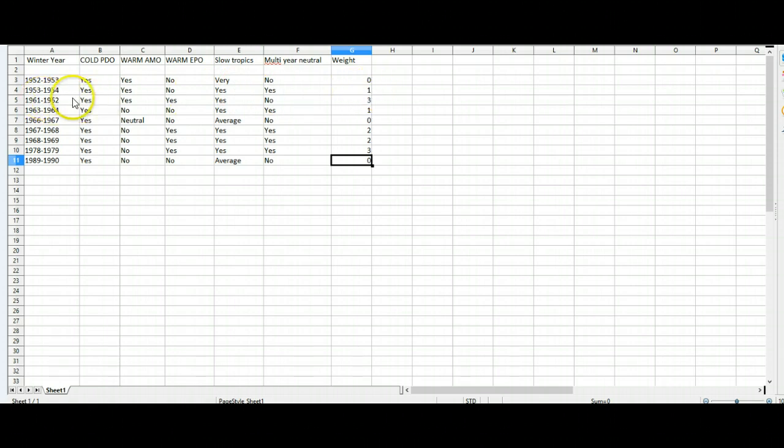My favorite years are 61, 62, and 78, 79. The only fly in the ointment with 78, 79 is it was not a warm AMO. It was not all that negative, though, so it wasn't like it was a strongly negative one. So I kind of like that year. So those are my favorites, along with 67, 68 and 68, 69. You can see there's a lot of yes answers on the chart here, so I thought those are pretty decent matches. 63, 64, a fair match here. The multi-year and the cold PDO convinced me to at least leave it in as a 1 at that point.